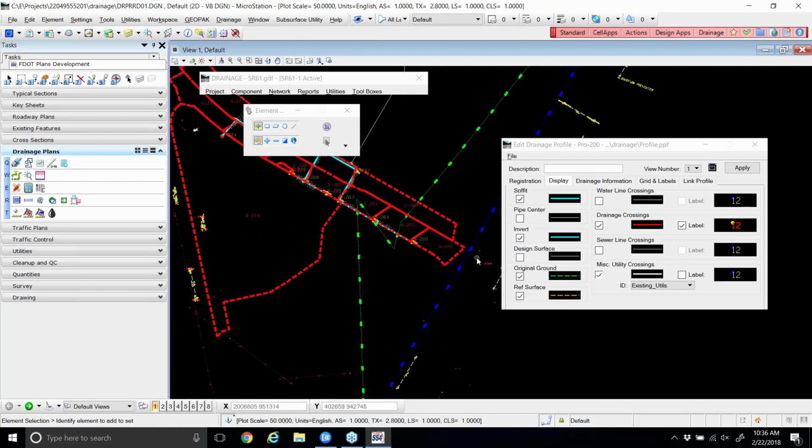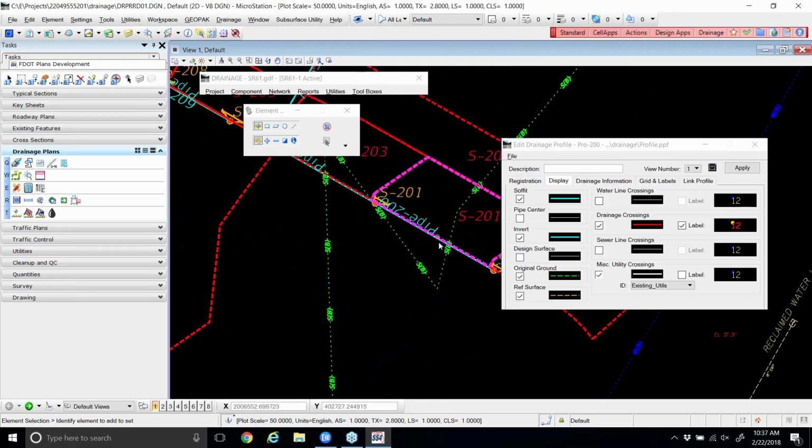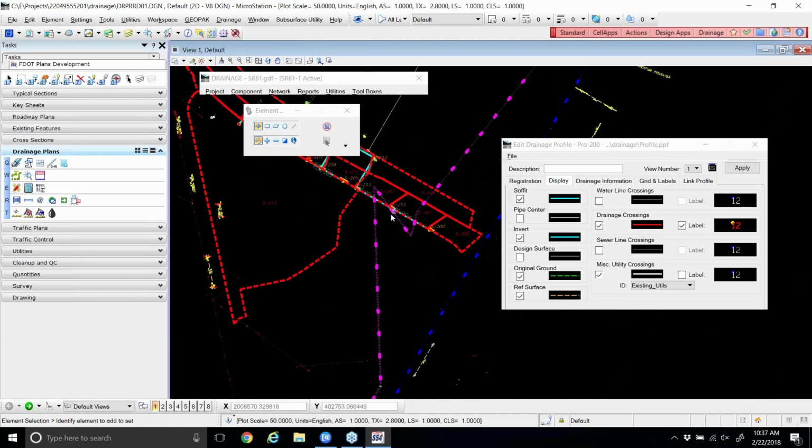Sometimes I haven't always been able to get away with using the activate command. Sometimes I've had to go into the file individually and then reference the drainage file manually into that. Sometimes the activate does cause some crashing. But now that this does cut through definitely one of the pipes, he actually cuts through two of the pipes,